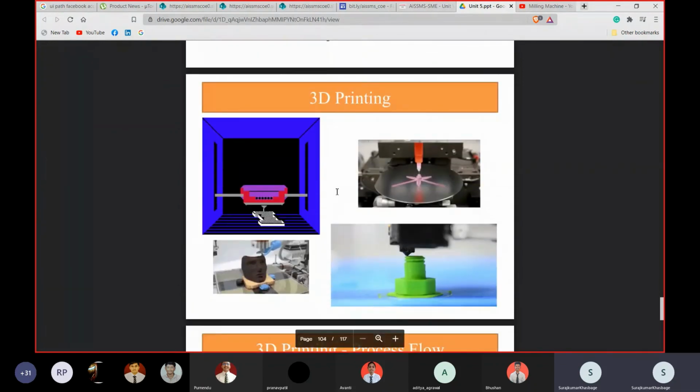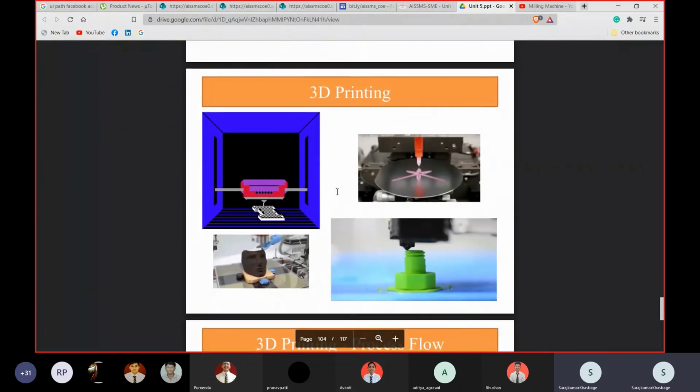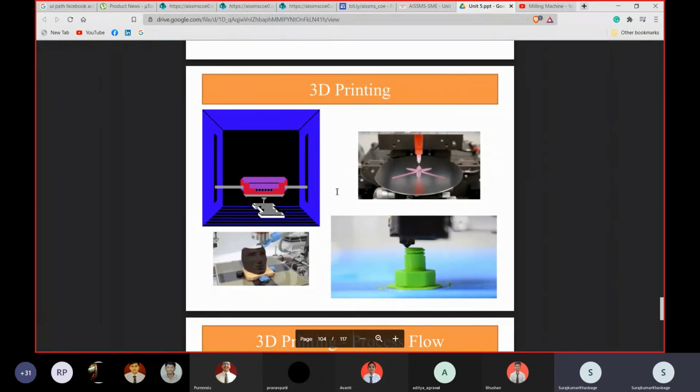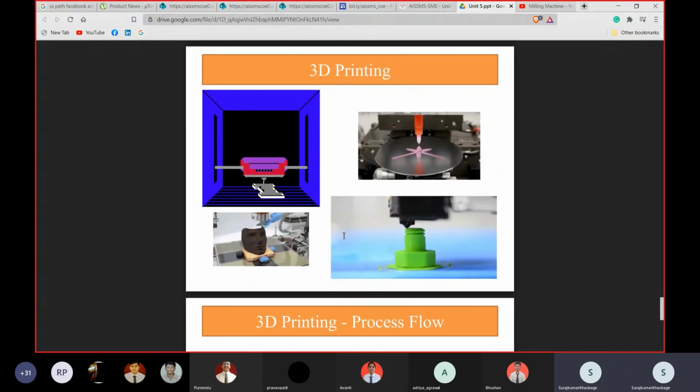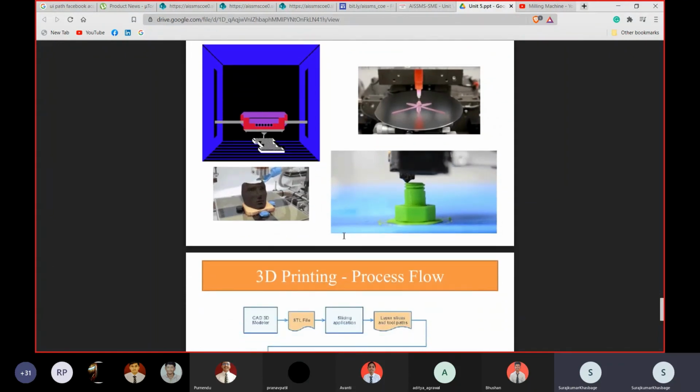Then looking at the advancement in manufacturing, today we are using some IoT based manufacturing techniques and some 3D printing techniques. I'm not going to cover this topic because you are all now aware of what 3D printing is. It is nothing but layer to layer manufacturing. With the help of layering, we are going to produce different components. Layer by layer we add the material and form the component.